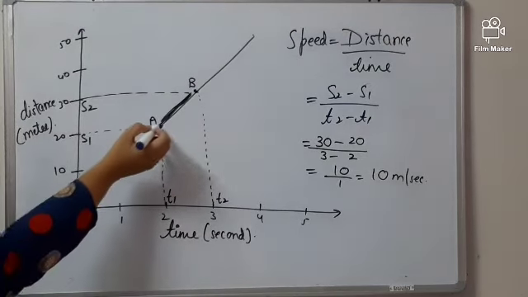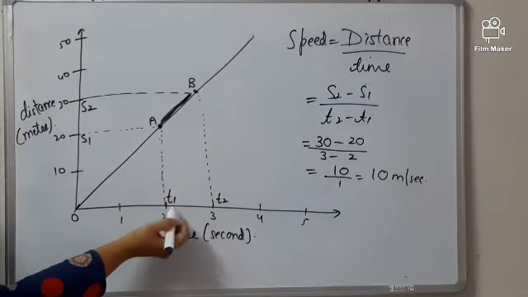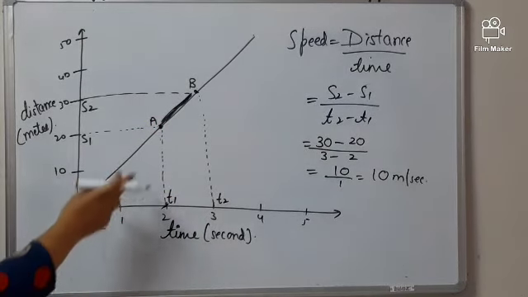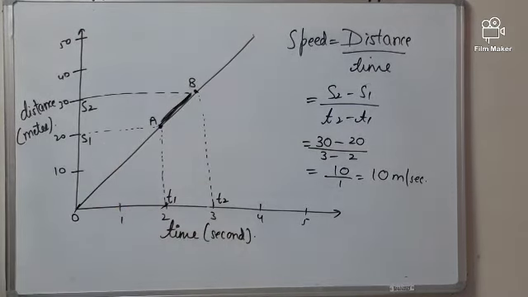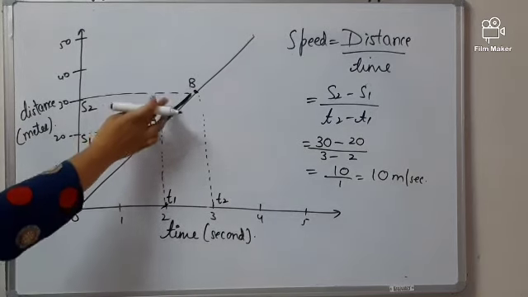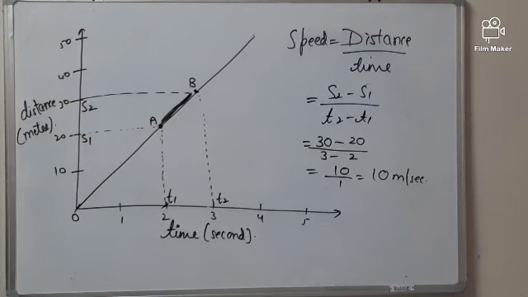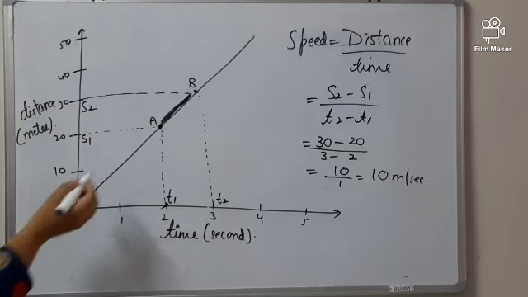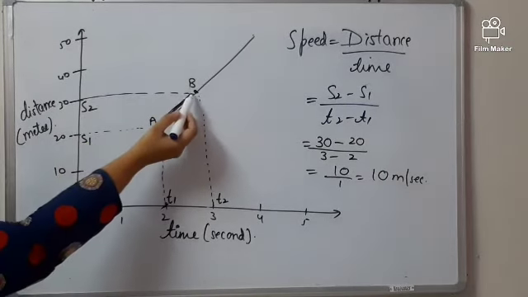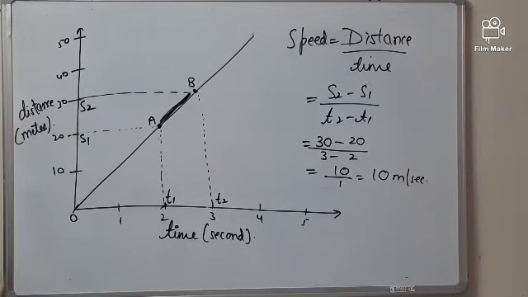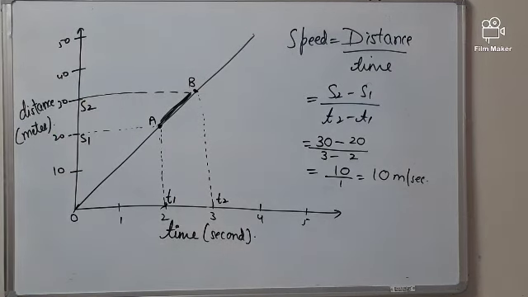So for time, draw the perpendiculars onto the time axis. From where you are going to start, that will be your T1. Where you are going to end, that will be your T2. Similarly, draw the lines onto the y-axis, onto the distance, to get the value of distance. From where you are going to start, that is A, that will be your S1, the initial distance. And where you are going to end, that is B, in front of that, S2, that is your final distance. So we put the values over there. Speed is equal to distance over time. Distance we write as S2 minus S1. Why? Because we know distance will be final minus initial.